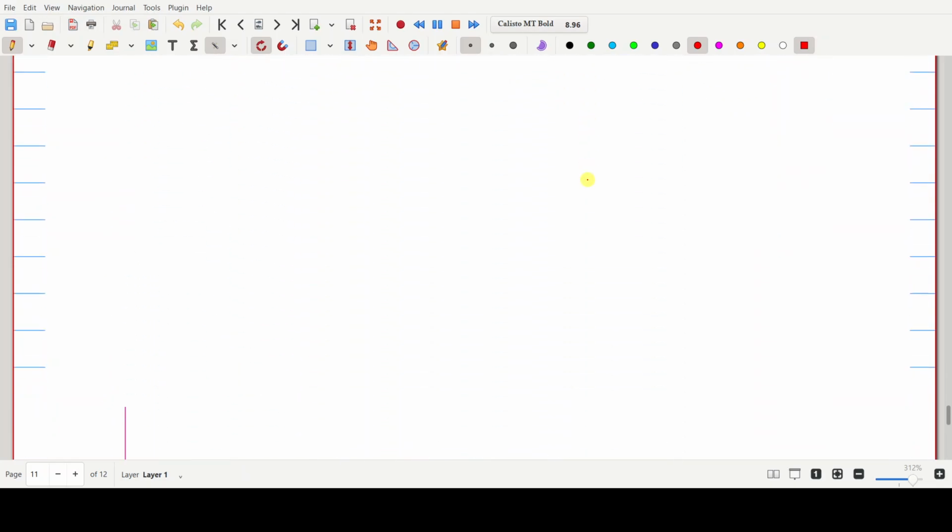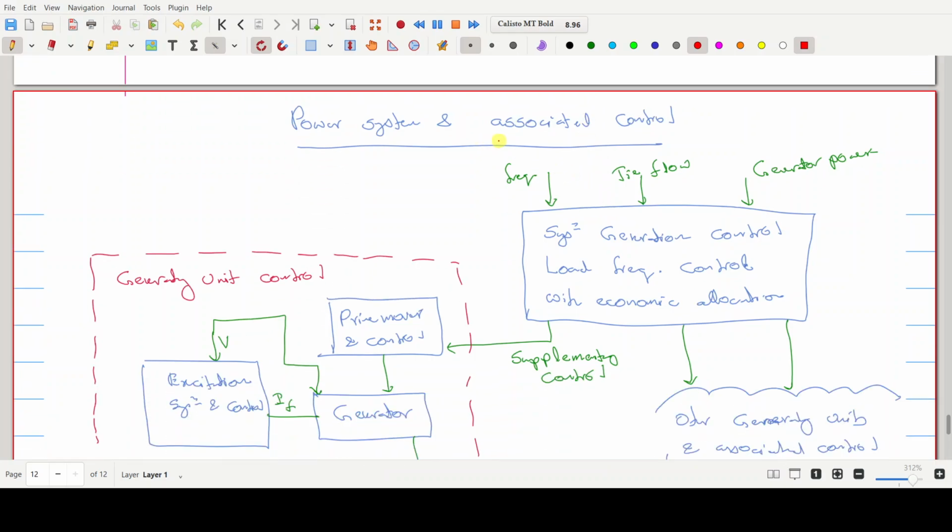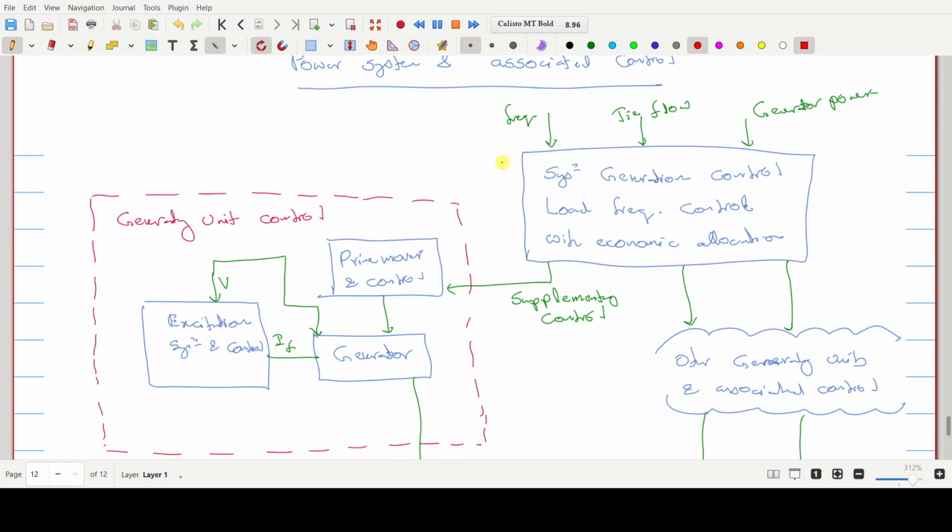If you take the typical power system, it is associated with many control schemes. For an example, there are various control schemes like the system generation control, load frequency control, with economic allocation. So this generation control